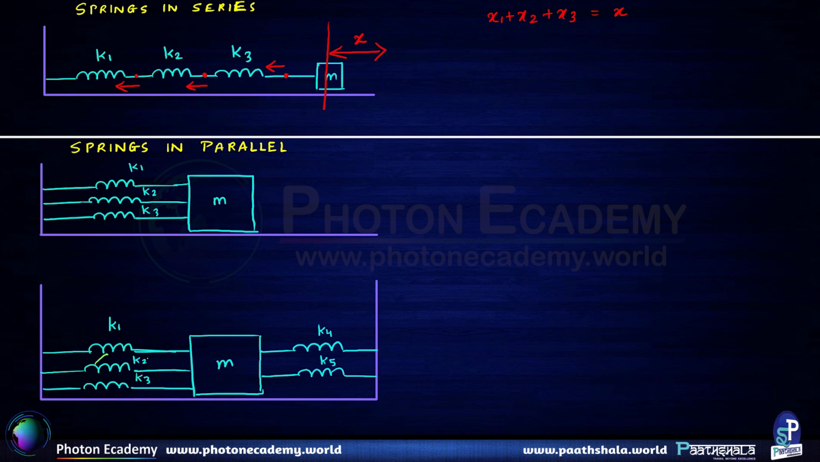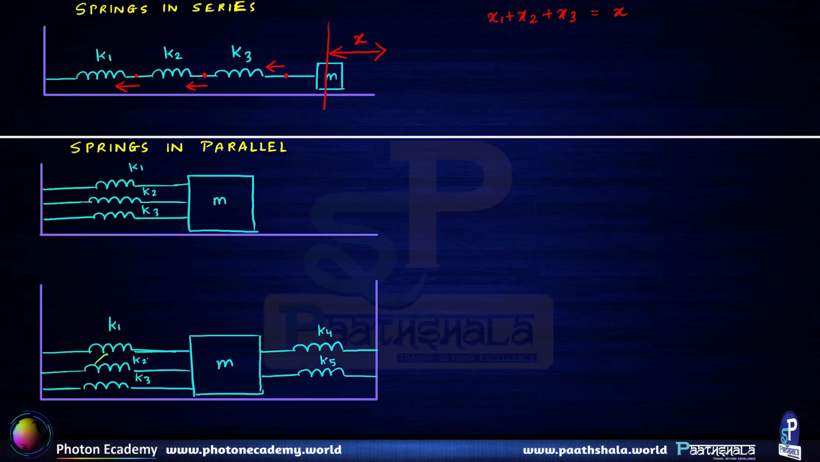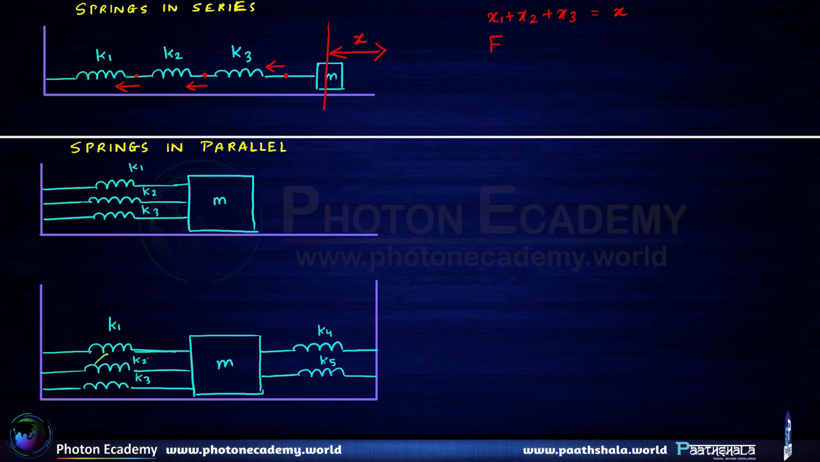So they have negligible mass compared to the block of mass M. And since they are massless, they will experience the same force throughout, which is the spring force, or you can say the tension force in the wire connecting the springs. So basically, this extension happened because of a force F. So that same force F